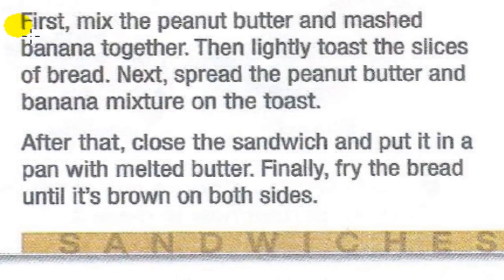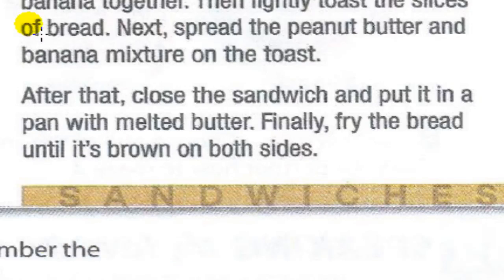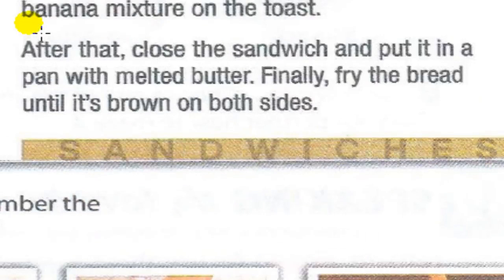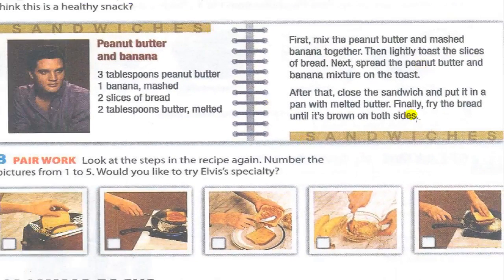How to make it? First, mix the peanut butter and mashed banana together. So this is picture number 1. This is picture number 1. We mix the peanut butter and banana together. Then